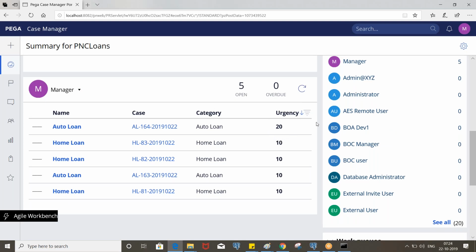Okay, and later, we can change the urgency at any point of time. Let's say we have an SLA rule with different intervals, right? So we can change the urgency every 1 hour or like that. And later, at some point of time, if the urgency for home loan increases, if it is more than 20, then those assignments will be displayed on top. Okay,